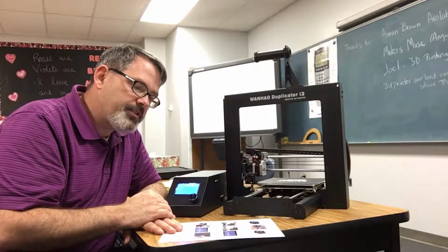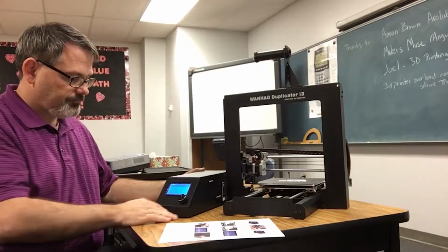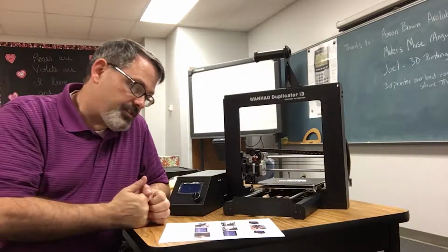Once the extruder has reached the home position, press the O side of the power switch to turn the printer off. Okay, done that. Next,